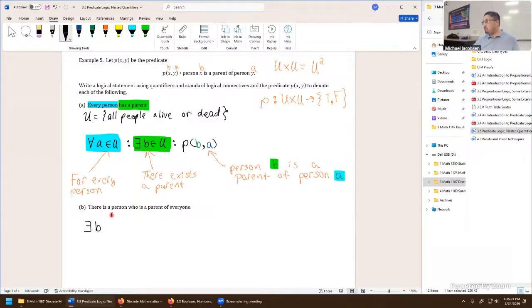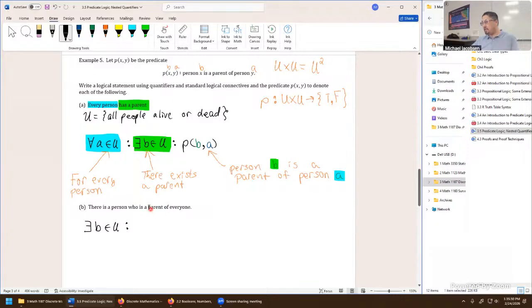I'll use B because we're thinking of B being the one that's a parent. It could be A, that's okay, as long as you put it inside the predicate function in the right order. It doesn't matter if you call this A, B, X, Y, U, V, and so on. We just have to be mindful of the function mapping itself. So I'll try to keep this consistent by saying there exists a person B in the set U, all people alive or dead, such that